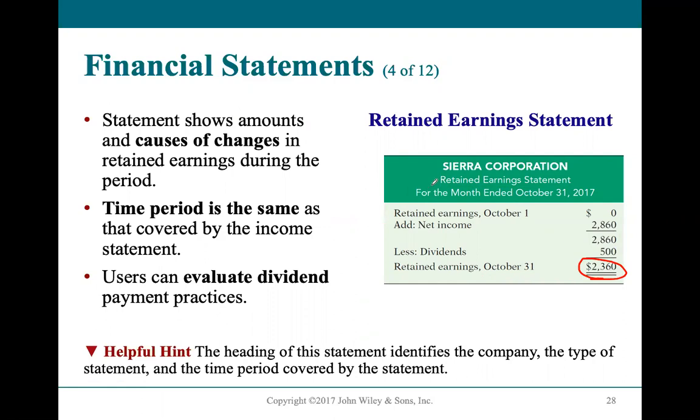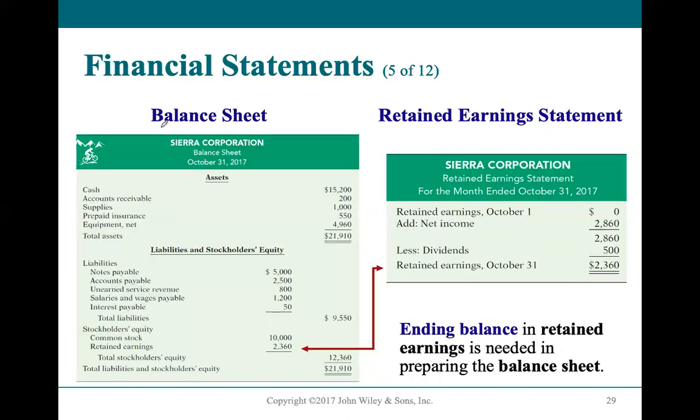Now notice that the retained earnings statement shows you exactly the same period of time as the income statement. They will always match in their time period. Same exact time period. But that's different in the third statement. The third statement here is the balance sheet. The balance sheet is simply a financial selfie